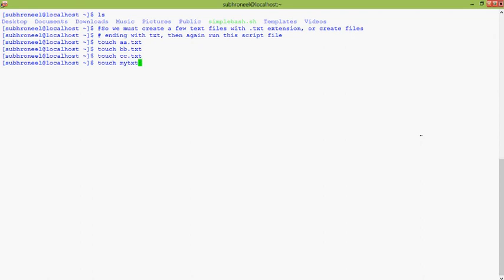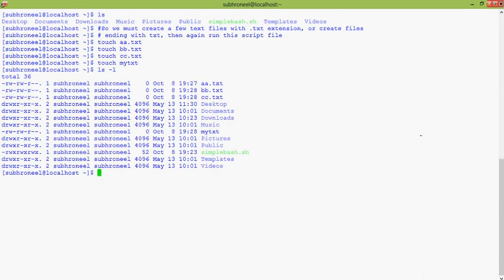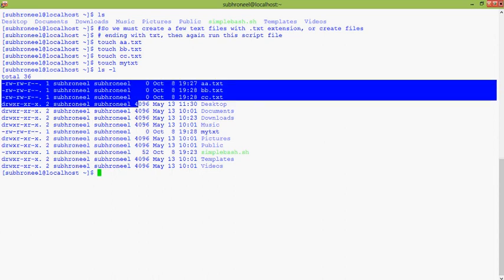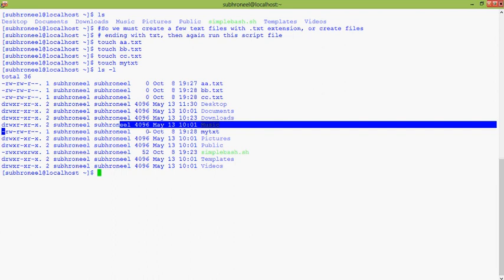All 3 file names have the extension txt and 1 file name ends with the word txt. So let's first see whether the files are created or not. Yes, just see the first 3 lines: a.txt, bb.txt, cc.txt, and below the music directory there is my.txt.